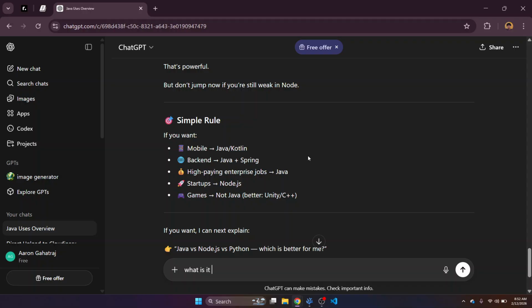What is it used with to make backend, or is it only Java with Spring, or